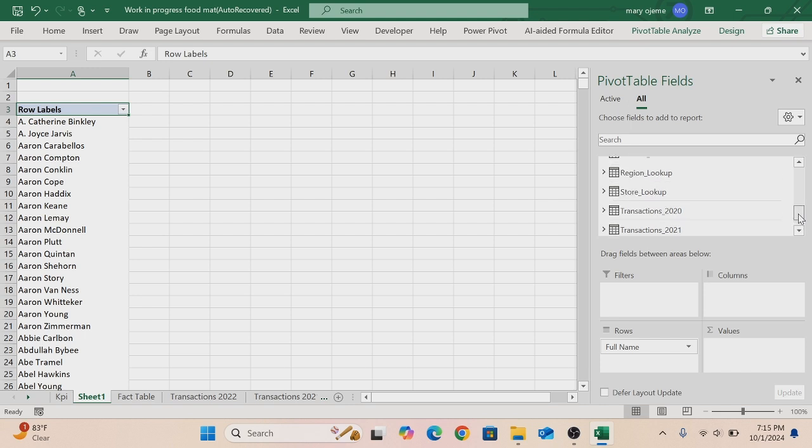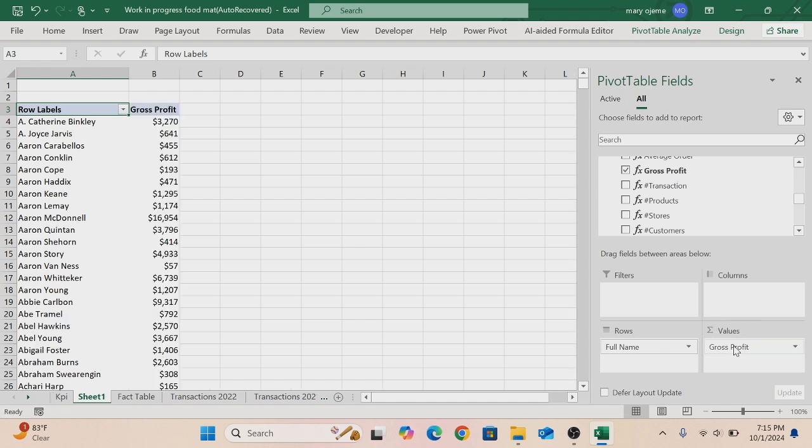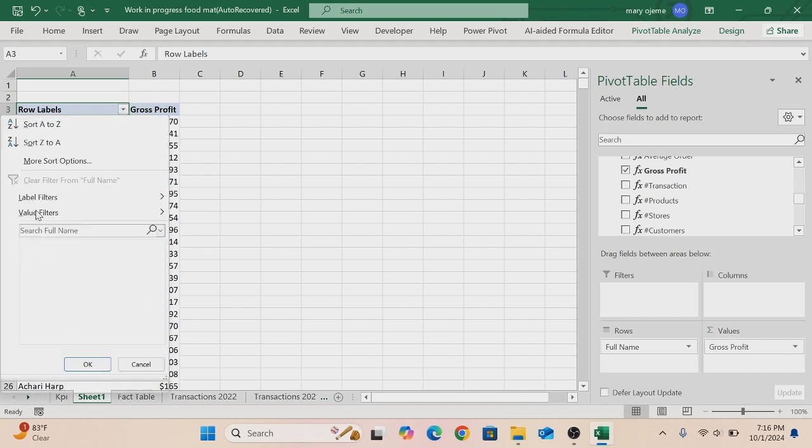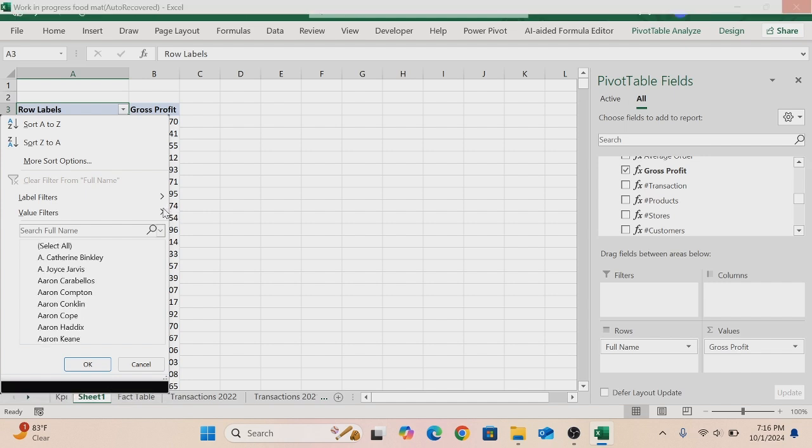Click on the customer lookup drop down, take full name to rows, and we're going to go to our fact table. Click right here and take gross profit, just gross profit, to values. As I said earlier, we are looking for what? The top 5 customers. So come to where we have row labels and click on the drop down. You will see what we have here, label filters, value filter. Click on the arrow here on the value filter